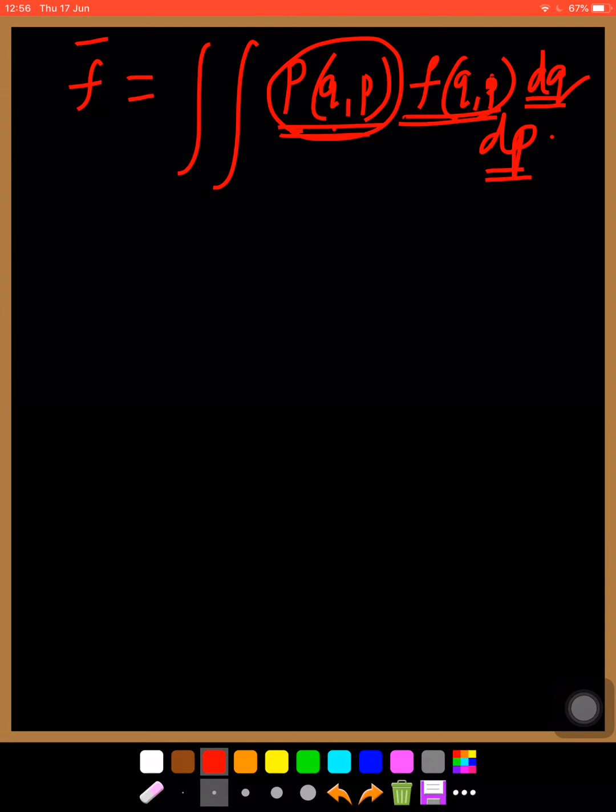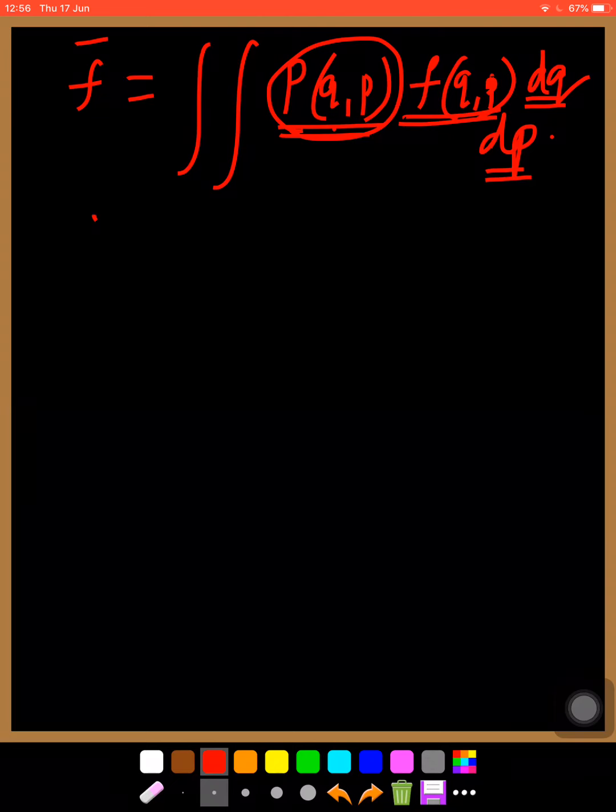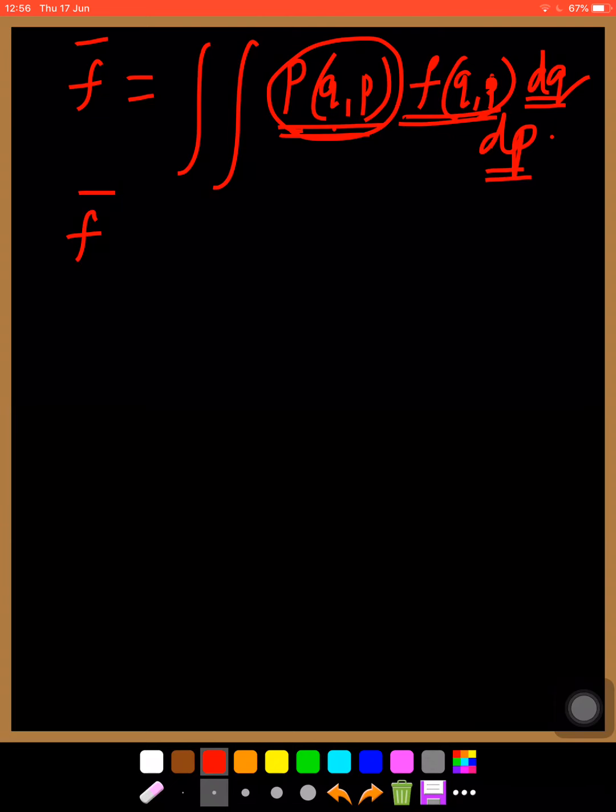And comparing with the previous expression, the one we did just before, with the ensemble average of f: